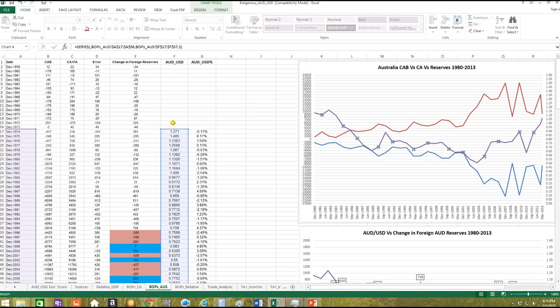We're not looking at Australian and looking at United States and putting them both on the same chart. What we're doing is just looking at the Australian accounts and charting the Australian accounts, so the current account balance and the capital account, and looking at it pictorially against the Aussie dollar US dollar exchange rate. So we're looking at really a dynamic number, the Aussie dollar US dollar exchange rate, relative to a static number,